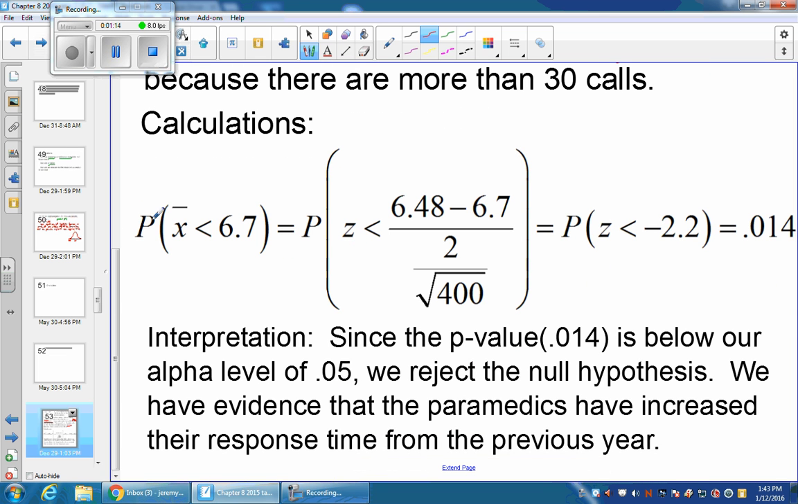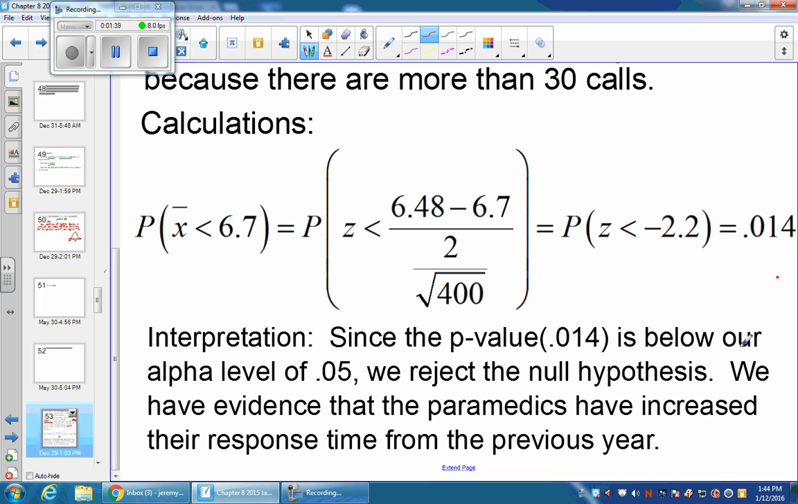Now we can look at the calculations. What's the probability our x-bar is less than 6.7? Well, the probability our z-score is less than 6.48 minus that over our standard error, which was negative 2.2, which gives us 0.014. Now that I get a p-value of 0.014, we just do our interpretation like we did in the last video, and